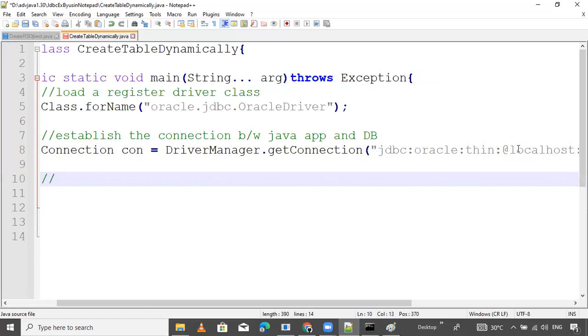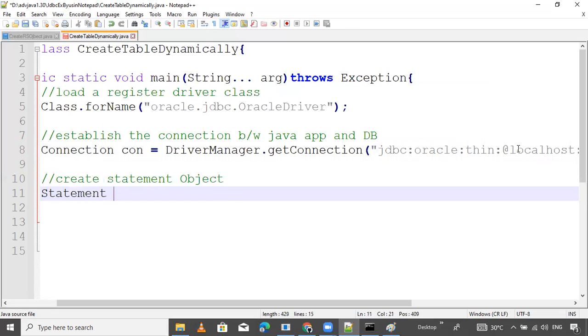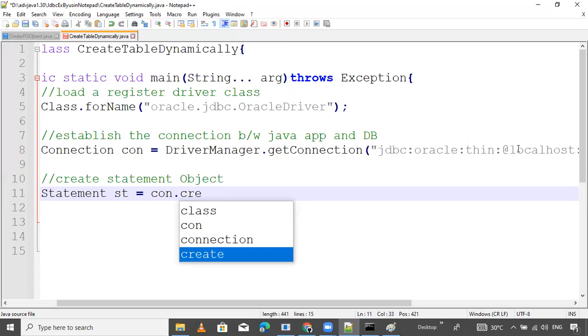Now the next step is to create the statement object. Statement is the interface: Statement st equals con dot createStatement. The ratio: the connection is one but statements are n number of things.